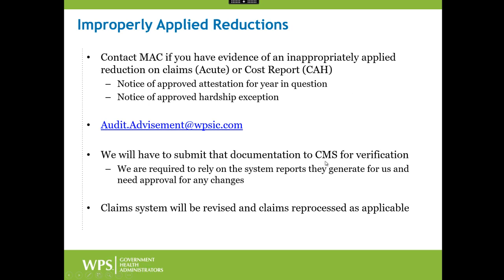Now, we have had situations where providers dispute the status that we have on our listings. So if it's an acute care hospital, they, again, may have had an appeal, they may have had a hardship, whatever the case may be, but we have the information from CMS, and that's the only thing we can go off of. So if a provider believes they have received an inappropriately applied reduction, so they've inappropriately been subjected to it or not when they should have, then contact us, and you can contact the Audit.Advisement at WPSIC.com website with